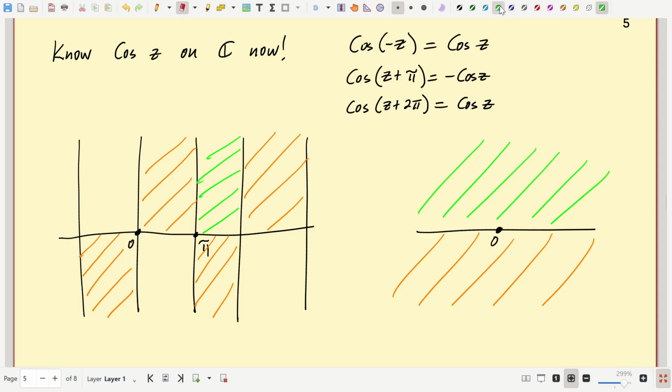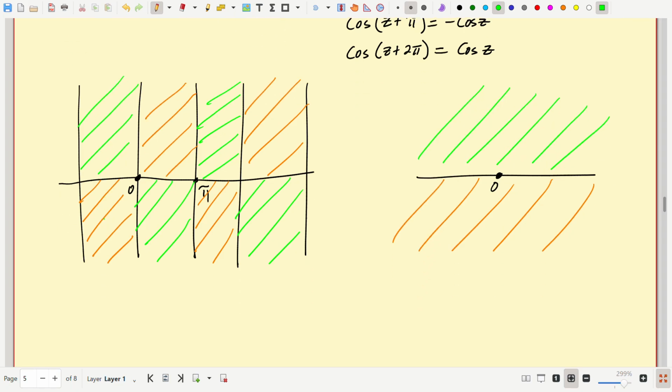Anyway, all these shaded regions are getting mapped 1-to-1 and onto. And it's just a matter of using those identities to see that if you know it on the fundamental semi-infinite rectangle, then you know it, period. And so, in fact, you can read off